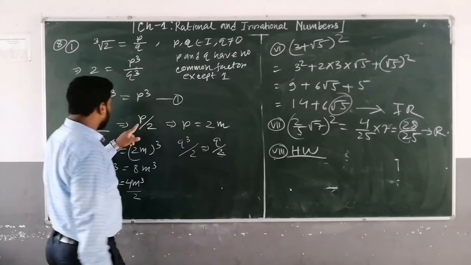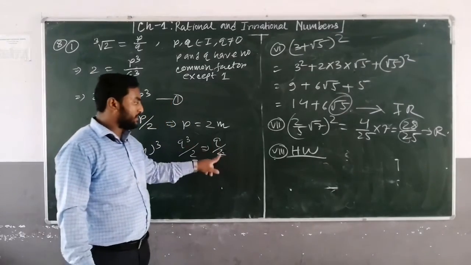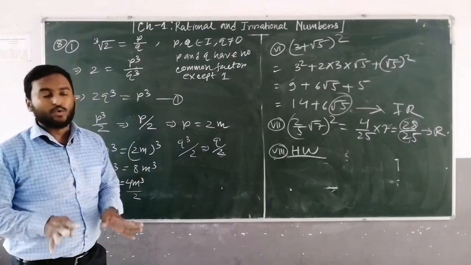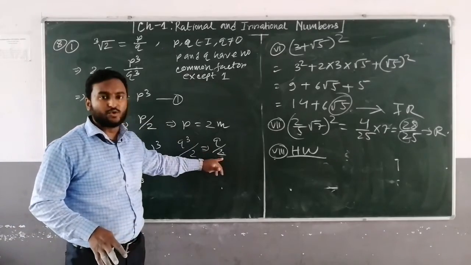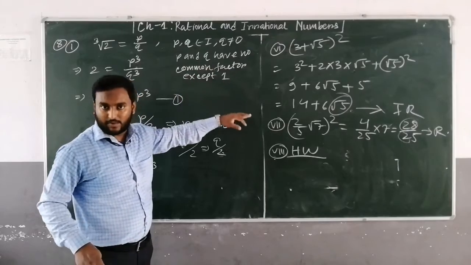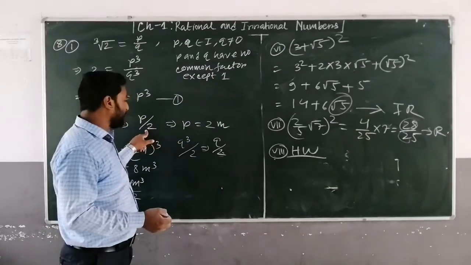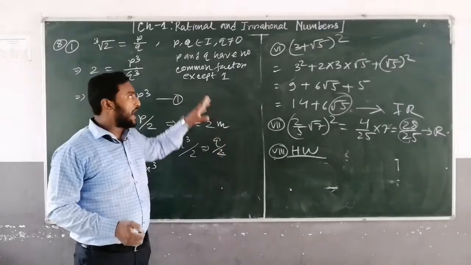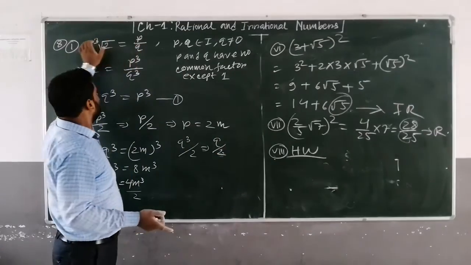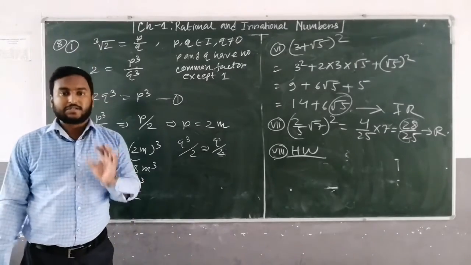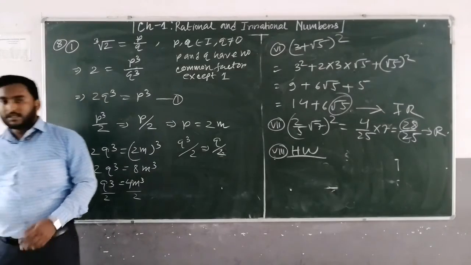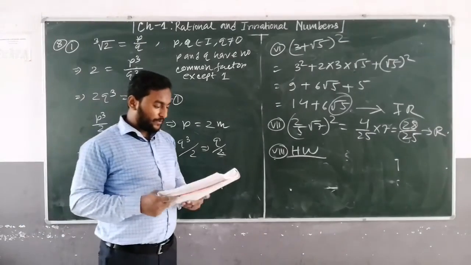Okay. So here p is divisible by 2 and q is also divisible by 2. So we are getting a common factor of p and q, that is 2. But here it is told that p and q have no common factor except 1. But rather, we are getting a common factor 2. So our assumption that this is a rational number was wrong. It means this one is an irrational number. And the rest of this question you can solve by yourself, same as it is.